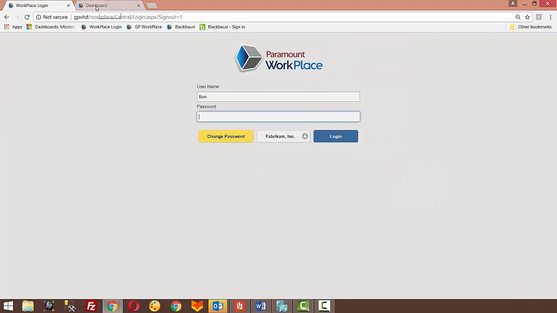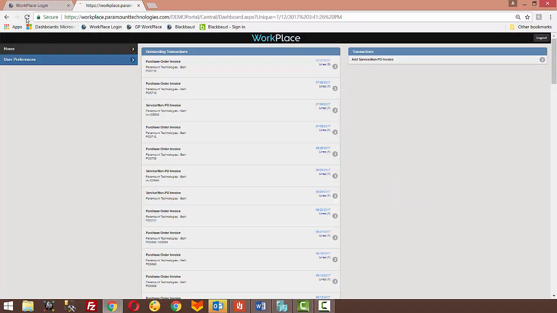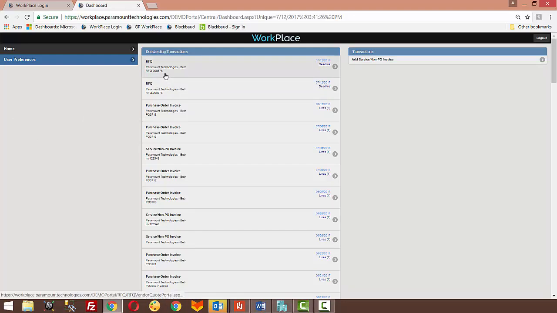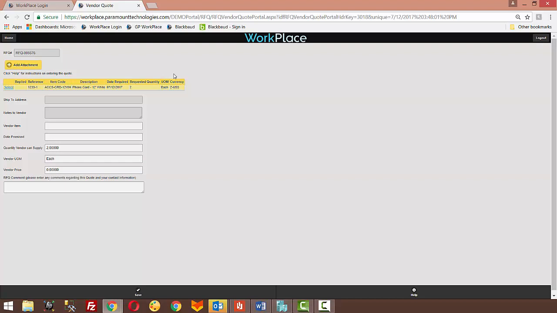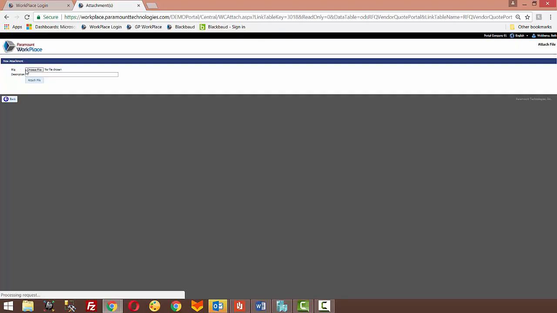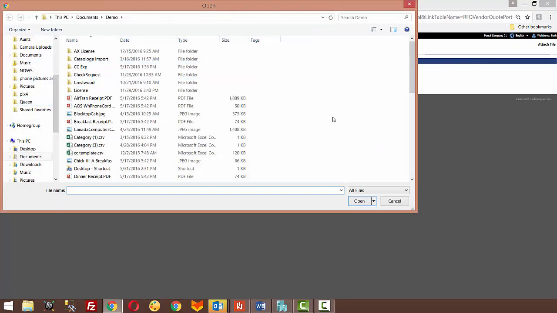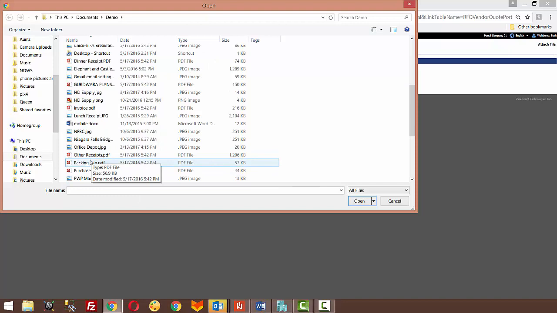We're now going to go out to our dashboard that would show the RFQ. Vendors can go ahead and log in and be able to see the RFQ that's assigned to you. I can see the RFQ 6676. I can easily click on that RFQ, which would take me into that information, and upon accessing the RFQ, the vendor then can enter the information for the quote, including an attachment. You can browse out, find any attachment that you would like. We'll go ahead and attach a quote today,